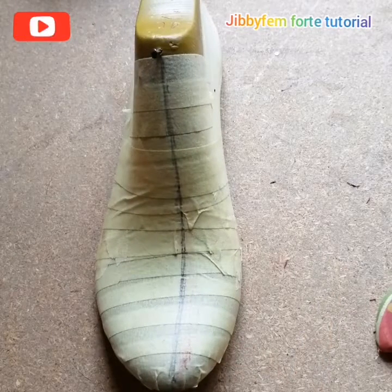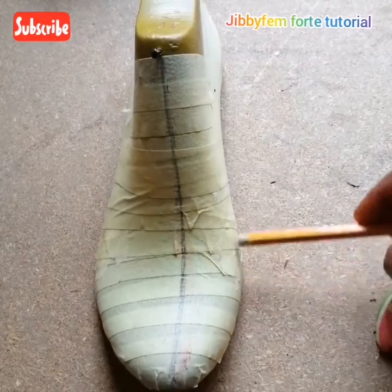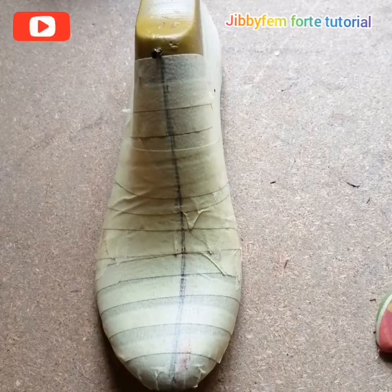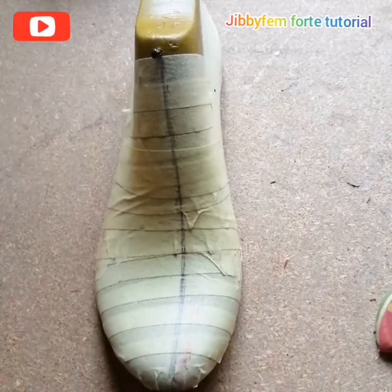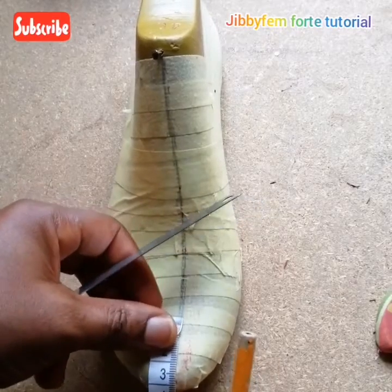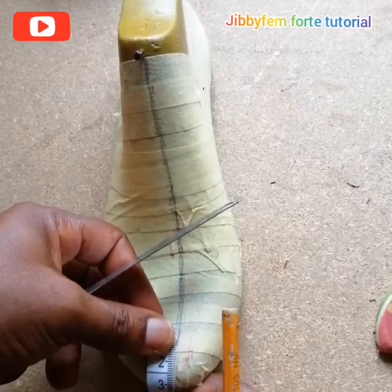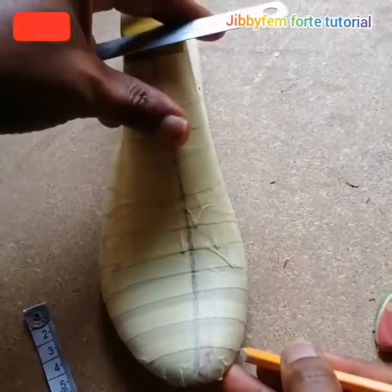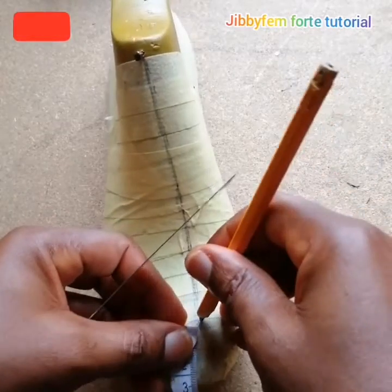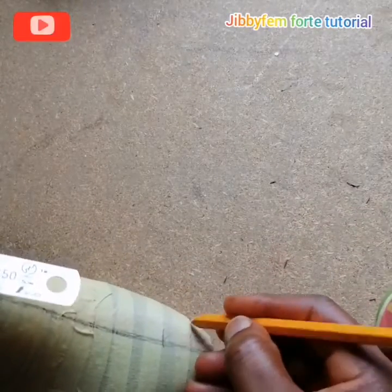We're going to be making use of this line anytime we want to draft any kind of pattern. If you are going to be making a pip toe, you can use it to measure how you want your pip toe to look. Maybe you just want it to be about 3 centimeters like this. All you need to do is just pick your 3,